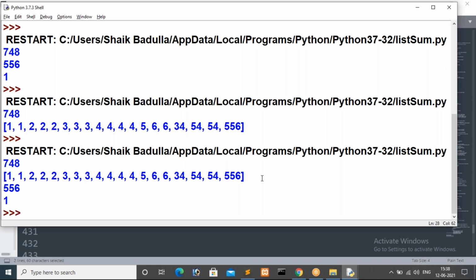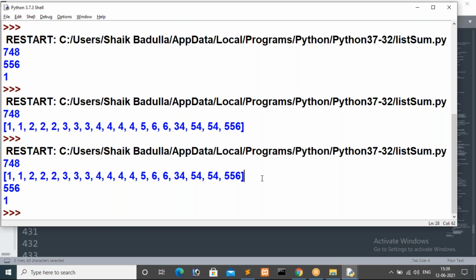Now we have a list with us, right? In that list we have duplicates also. The first minimum is repeated two times, the second minimum repeated three times, the third minimum repeated three times, the fourth minimum repeated four times, then the second max repeated two times. In that case, what can we do to get proper values? You just assume yourself.